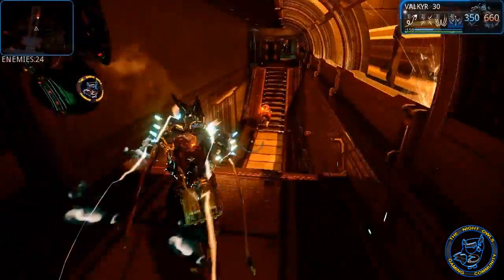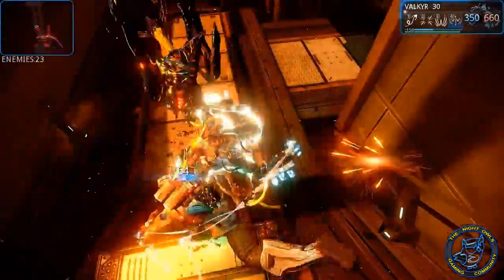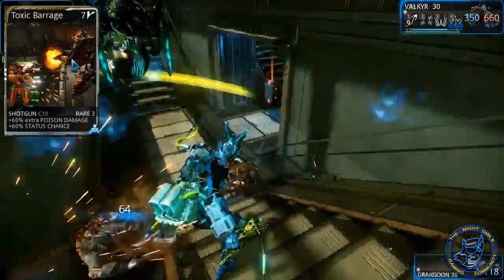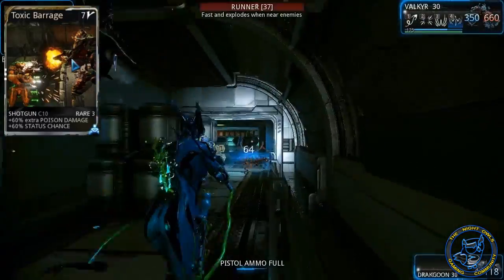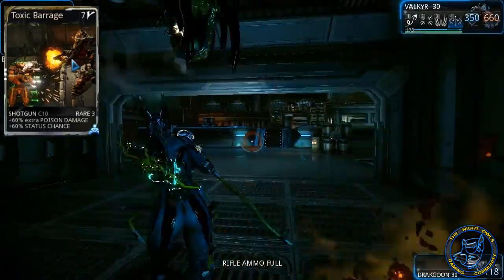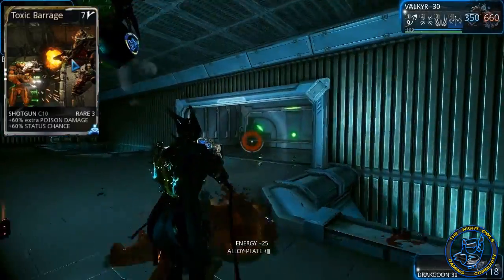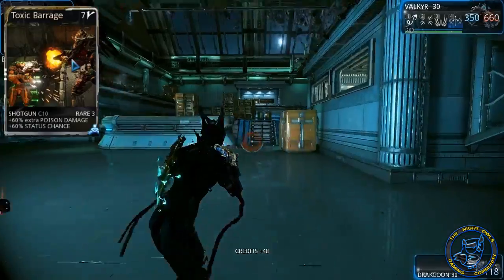And then finally, the final card that I added to this is going to be the Toxic Barrage card. So we're adding a 60% poison damage, which is how we're getting the gas combination, the fire and the poison, and a 60% additional status chance, which you can never go wrong with adding extra status chance. It's just my opinion. But so gas is going to actually, and this is where we're talking